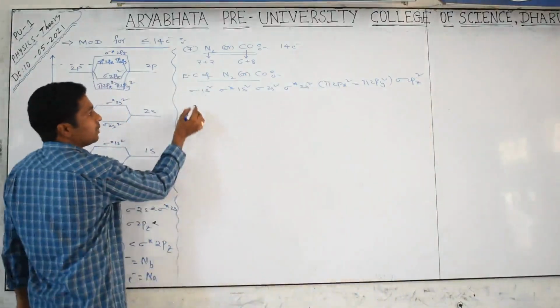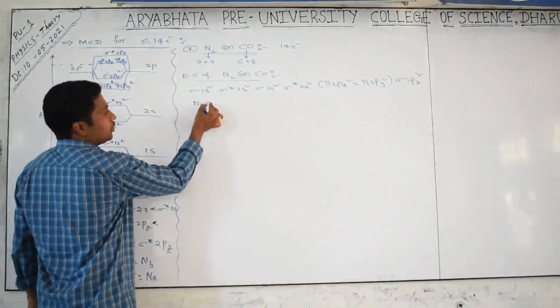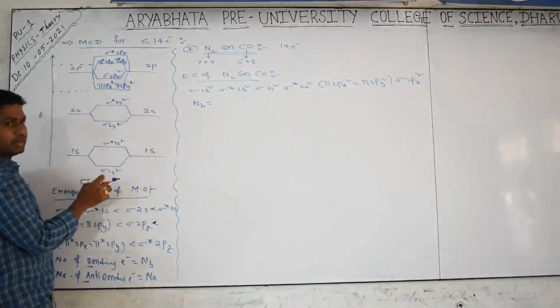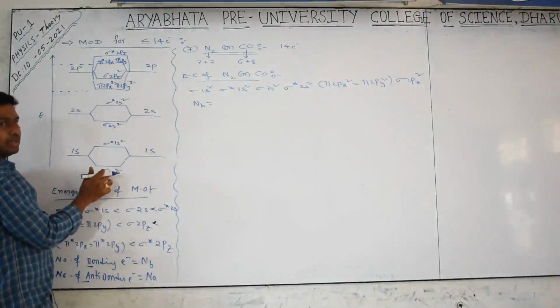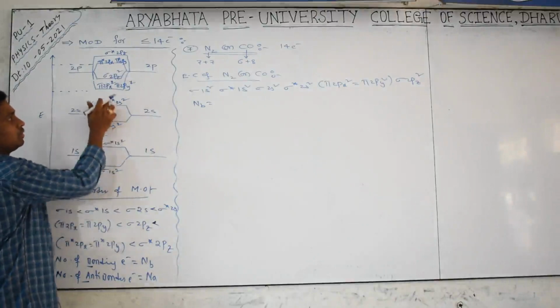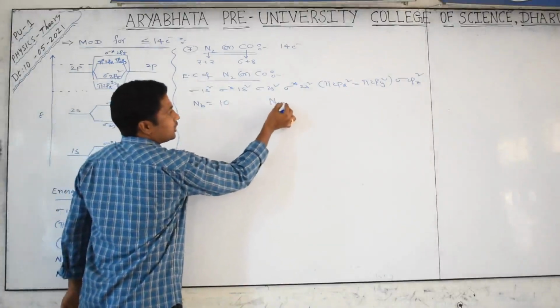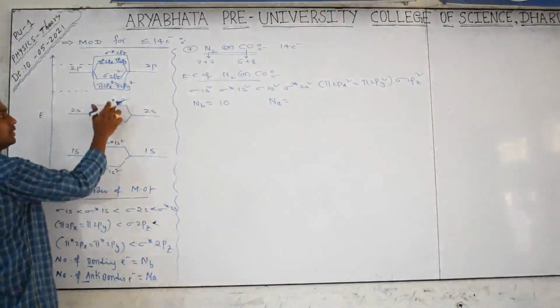Okay. How many bonding will be there? You know very well, bonding means the lower ones are bonding and the upper ones are anti-bonding. How many are there? Bonding, how many? 2 plus 2 and here 6 together. Bonding is 10. Anti-bonding, how many are there? 2 plus 2, here no,